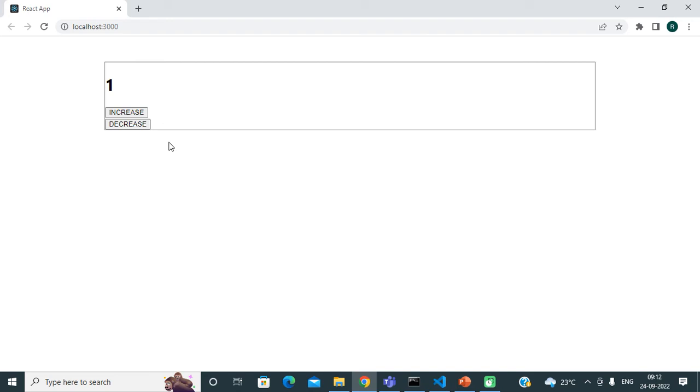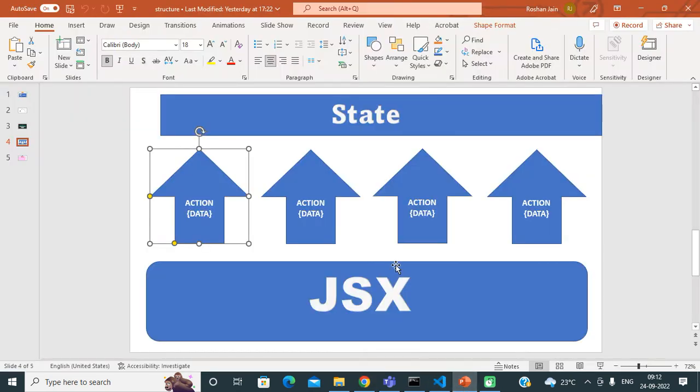If we send that number, then our component state should get increased with the data we are sending with our action. If you see this diagram, I have written data here. With the help of an action we can also send any data which is required for our state management logic.